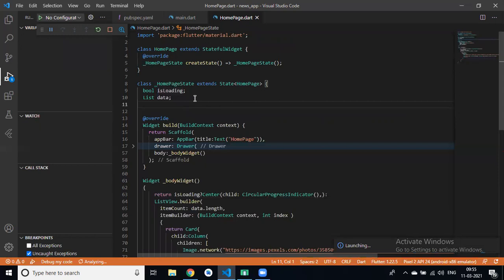What is initState? Divya, can you please explain what is initState? Why do we use initState in Flutter?